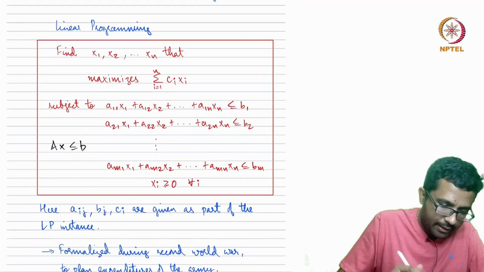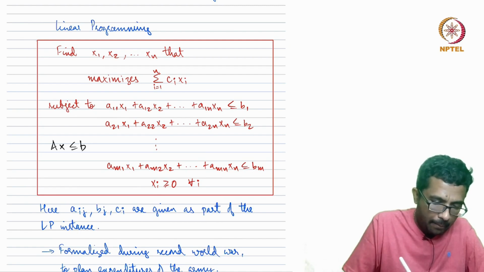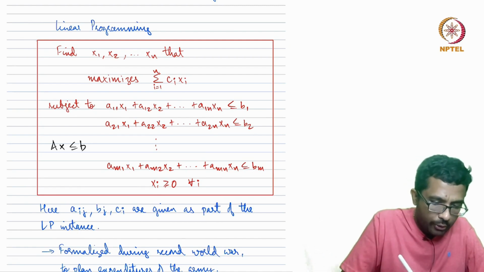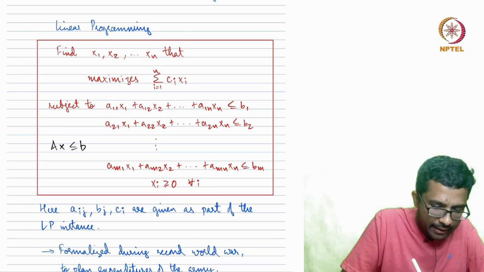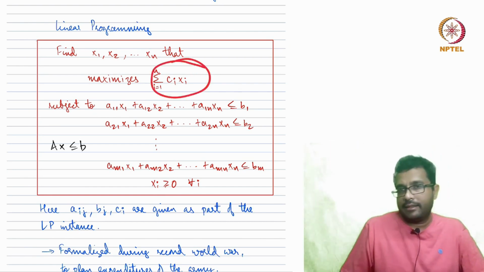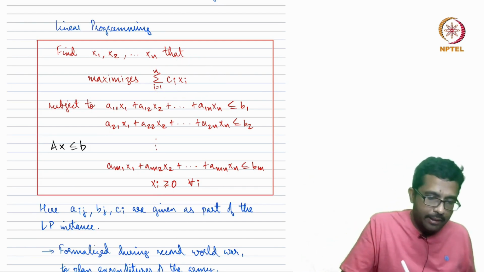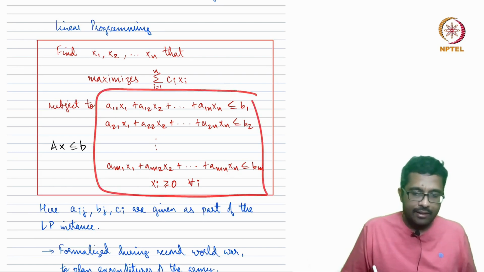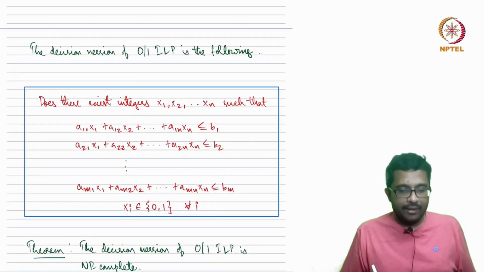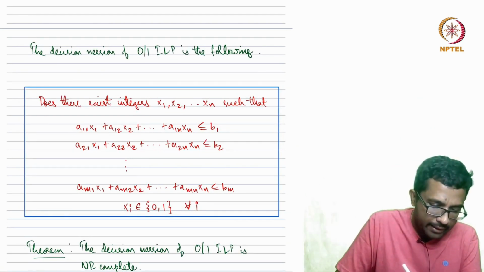The decision version of general linear programming is like, instead of asking to maximize or minimize, I already said we could ask: is there an xi such that the summation of ci xi is greater than t, in which case it becomes yet another constraint, right? So basically you want to find some x1, x2, up to xn which meets some set of constraints. Similarly, the decision version of the 0-1 integer linear program is: given matrices A and B, do there exist